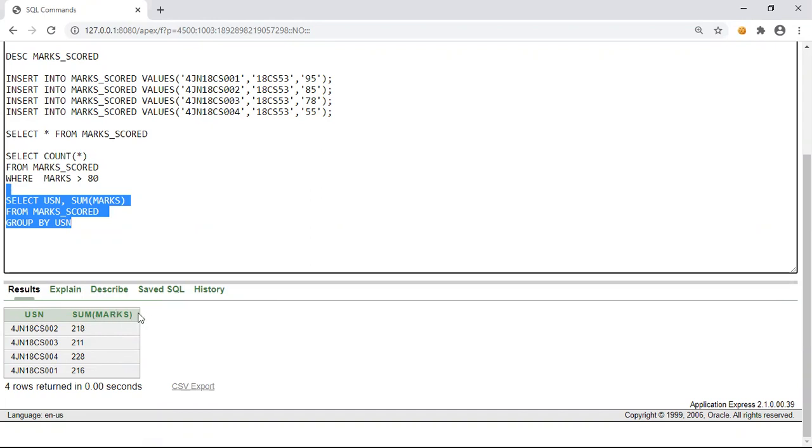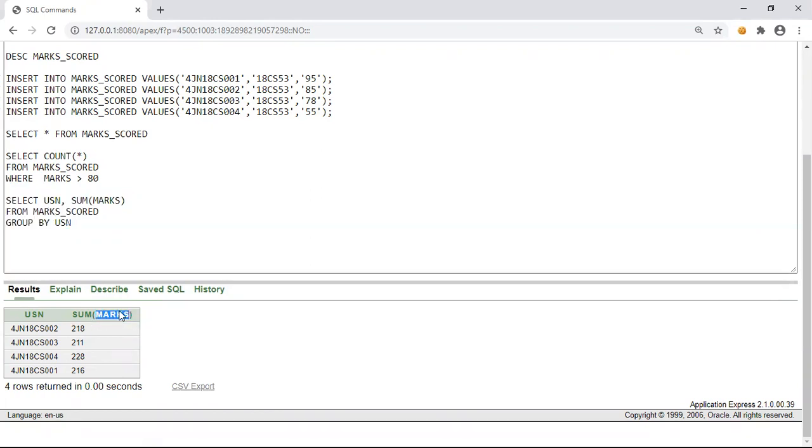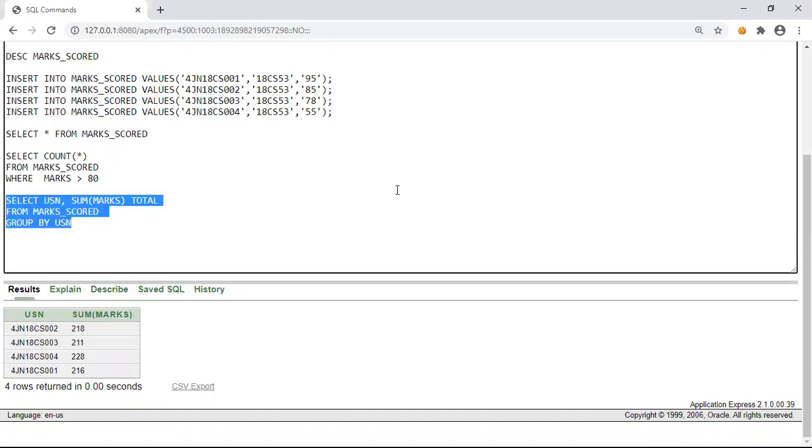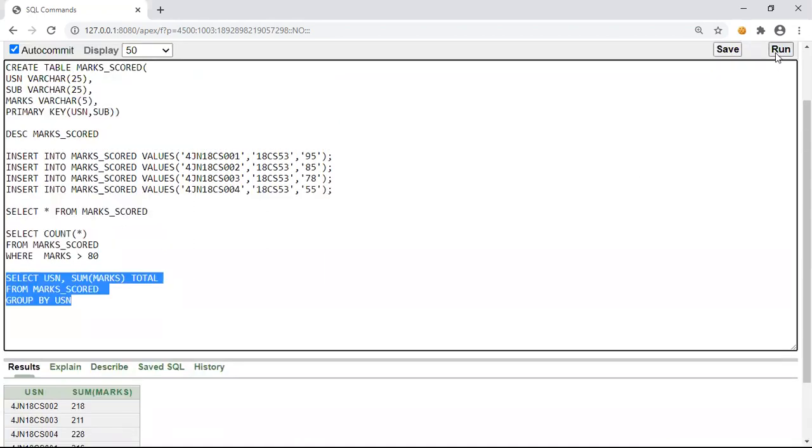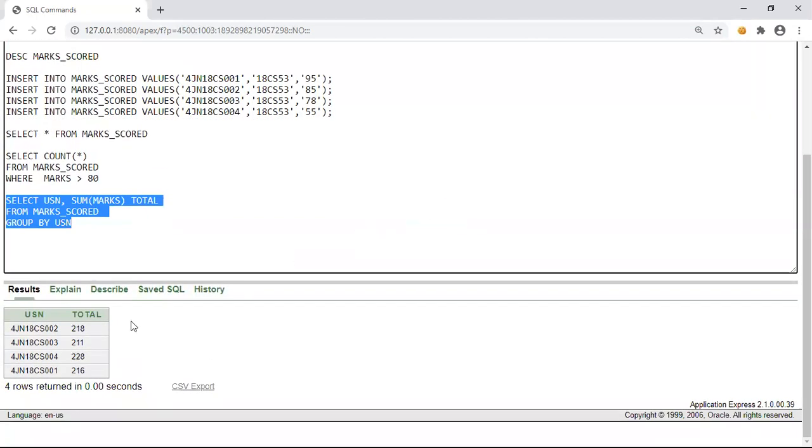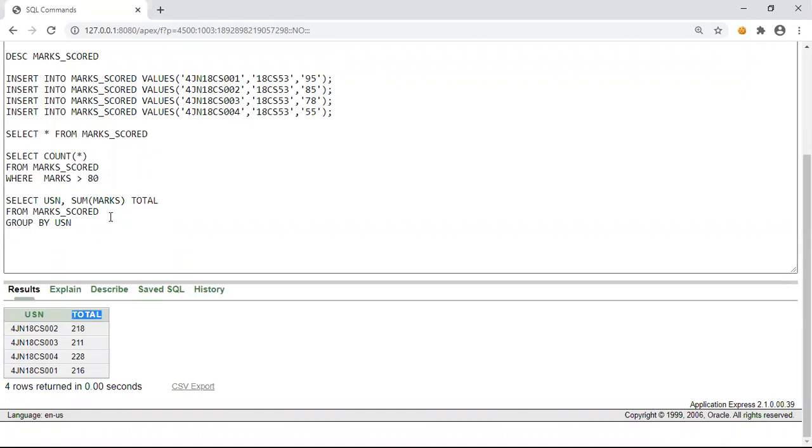We can rename this if we don't want it to look like this. So we can write over here total, sum of marks total. Now this total acts as an alias for that attribute. You can observe here it is now renamed to total.